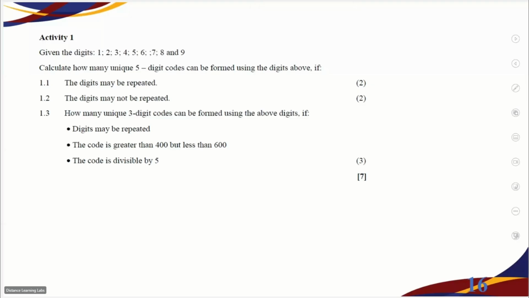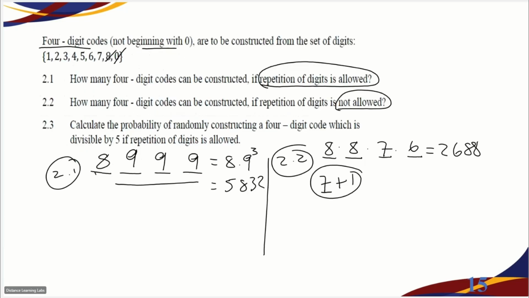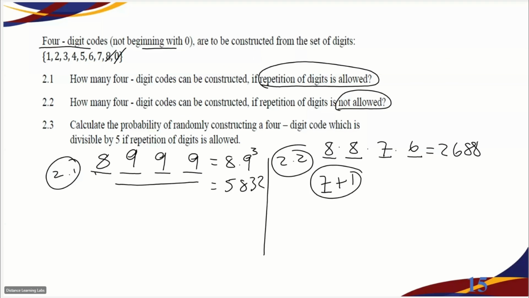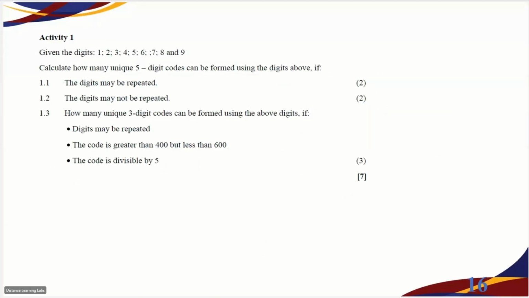This would be the last example, or second last example, before probability. Then we'll go back to respond to that question that required us to find the probability, because this question says calculate the probability. So we'll have to address first how we find the probability before attempting 2.3. I have this activity again that says,